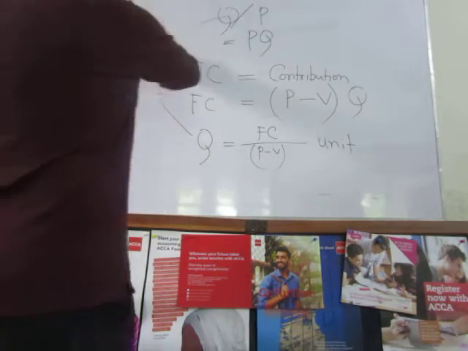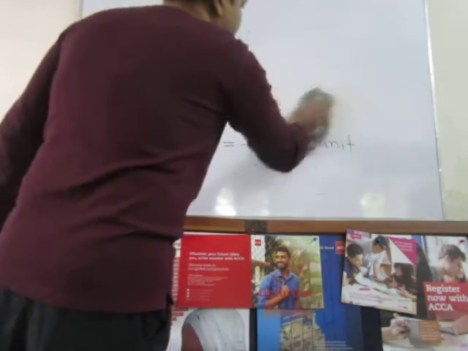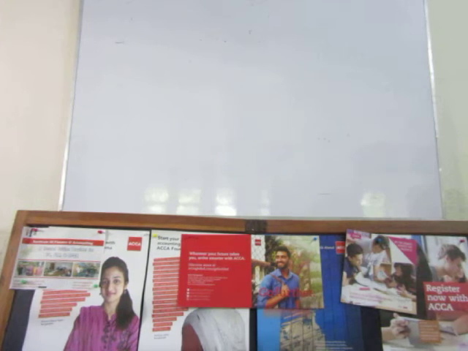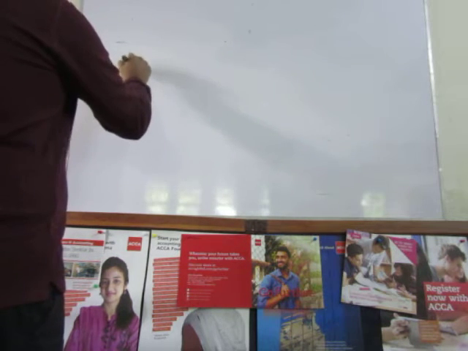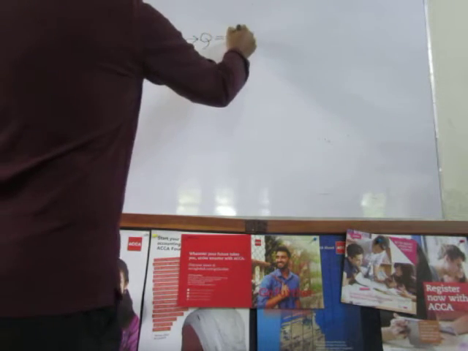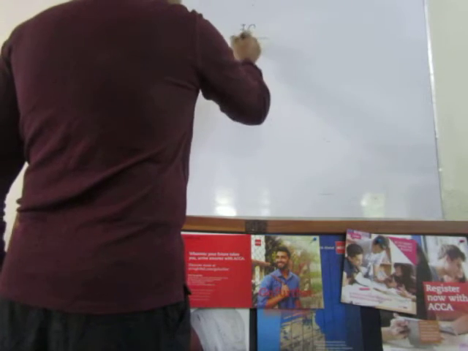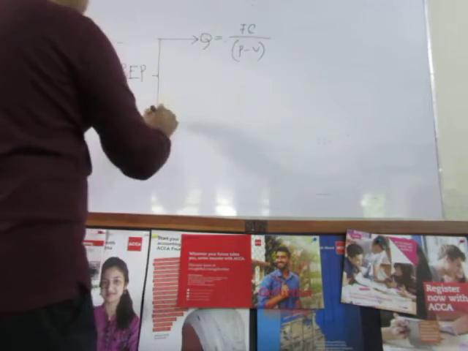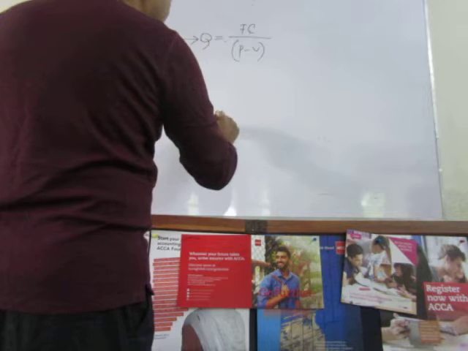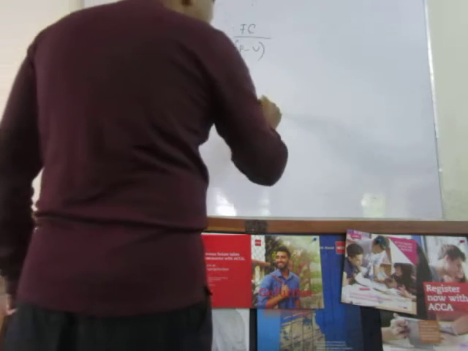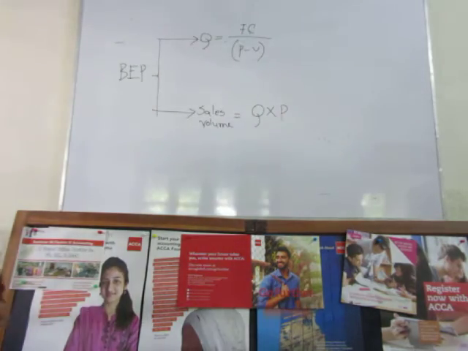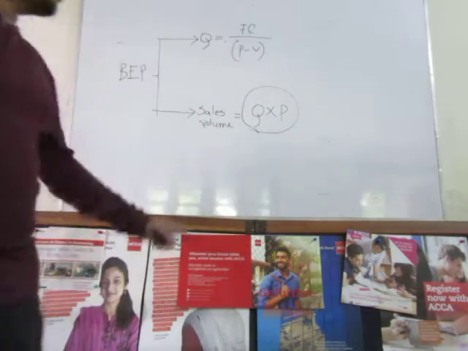Now আমরা এখানে যেটা বের করলাম, that is, one is we find out break-even quantity Q, which is fixed cost divided by P minus V, and another is break-even sales volume, which is break-even quantity into selling price per unit. Clear? Now the thing is, to find out this break-even sales volume, we have discussed initially we need to find